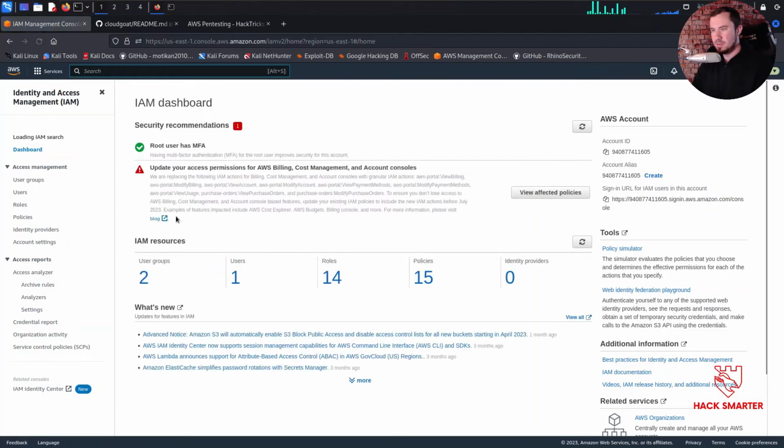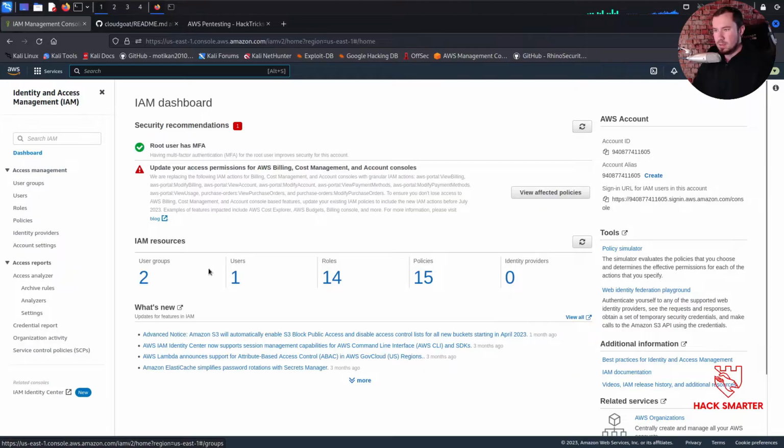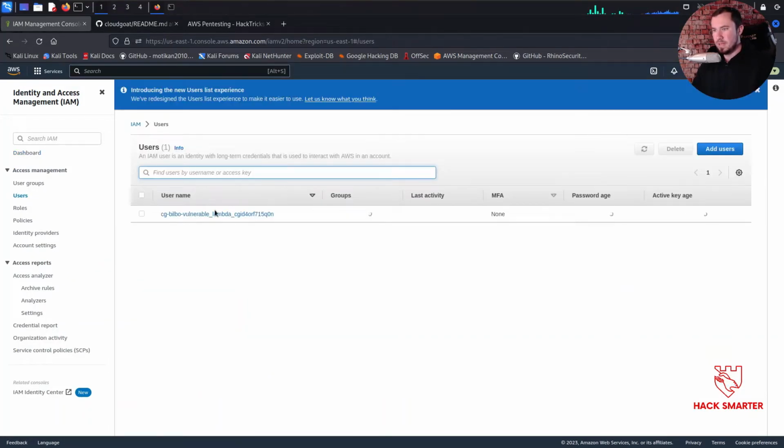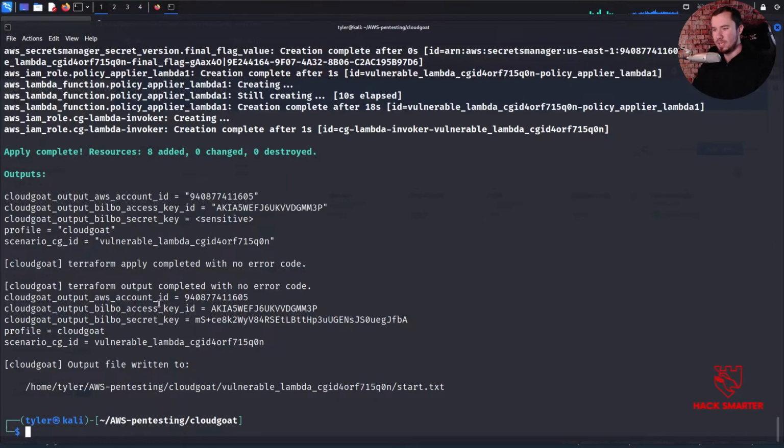Let's see if we do. So we'll go to Users. And there's Bilbo. So there's our Vulnerable Lambda Bilbo account. So you can see CloudGoat created this account, and that's the account that we are going to be playing around with. If you're following along in your own AWS environment, you can check that way to see if the account